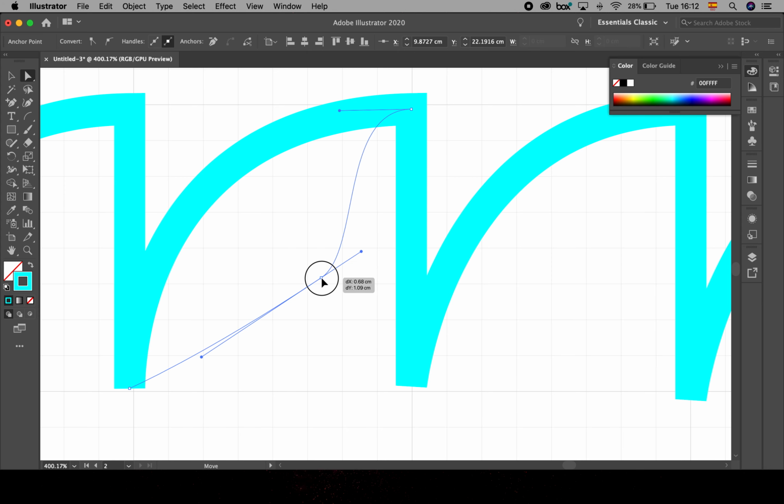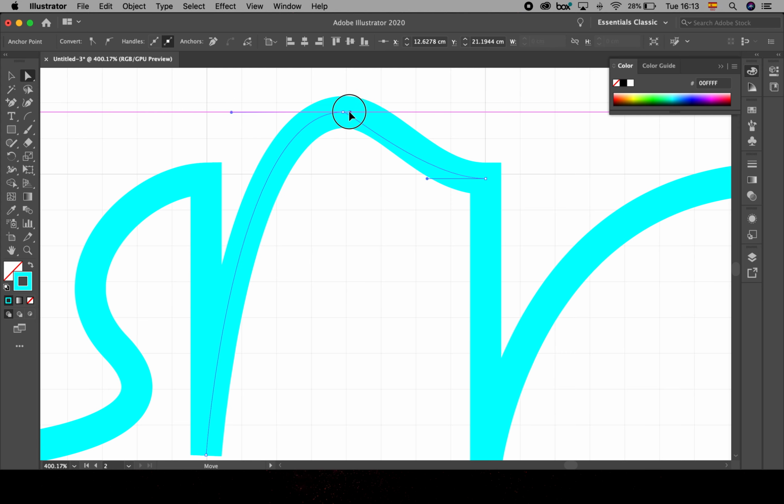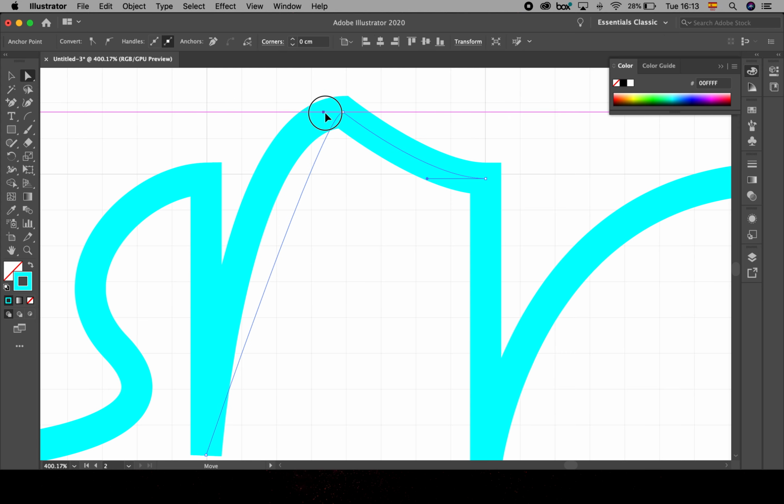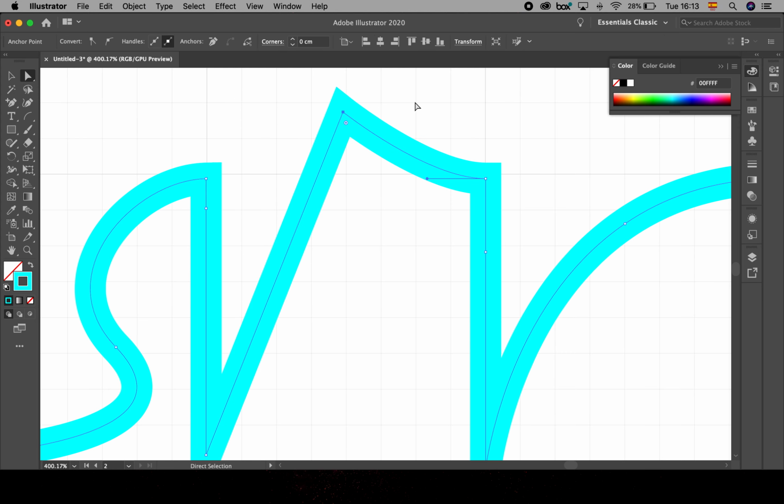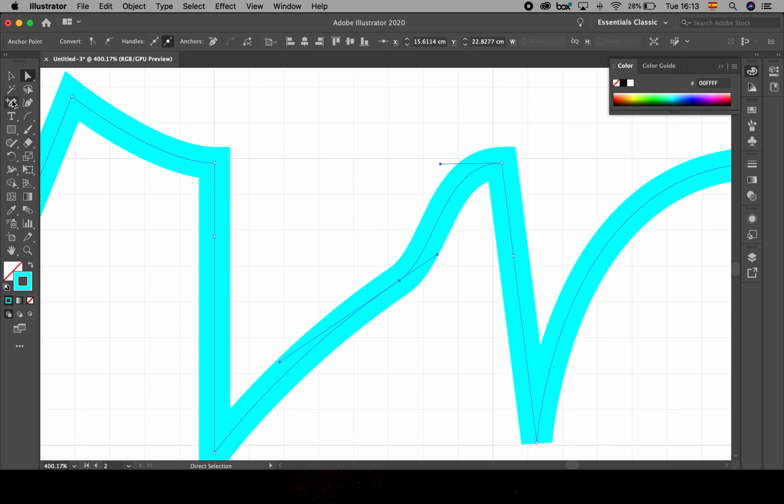Or how about this one? Instead of having this, I'm going to move it to the top, and I don't want to have a curve as well, so I'm going to move it here and make something too sharp. You see? So you can add points to transform an illustration, or in case you say, I don't like it that much, you can select delete